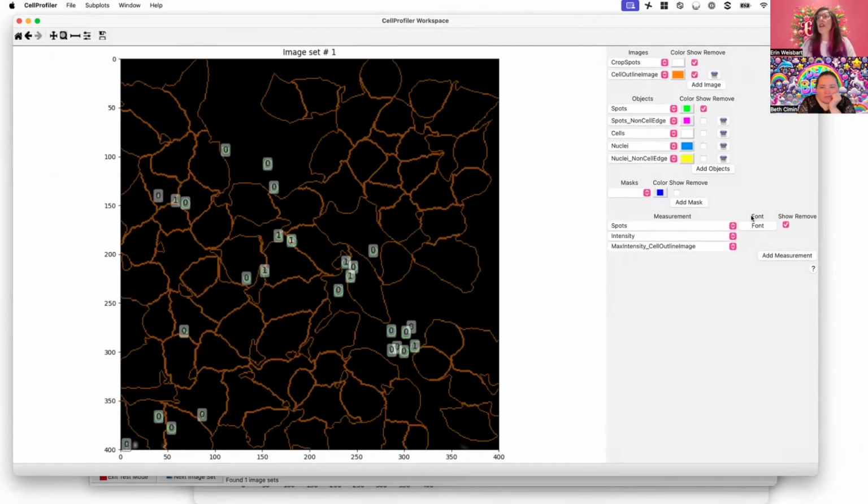So we'll zoom back out here, and we don't need those measurements necessarily, but I've got my outline image, and you can see starting with the spots in green, if I then overlay the not touching spots in pink on top of those green ones, now we can see the difference between the original spots in green and the spots that are not touching the cell edge in pink. Likewise, you don't even need another object if maybe your biology of interest